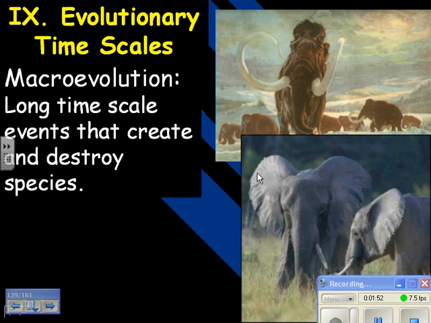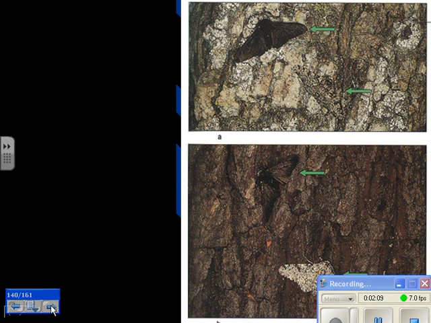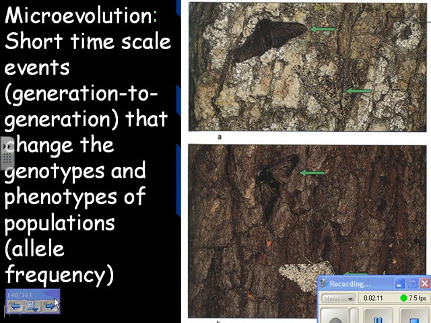For example, an ice age: when it's very, very cold, all the warm weather species die, and the ones that are better adapted to the cold survive. And then at the end of the ice age, they tend to die off because they can't handle the warmer climate. The next, though, is microevolution, and that's what we're going to spend most of our time on